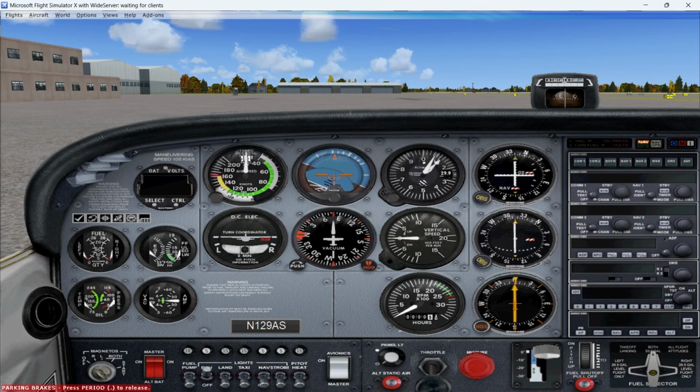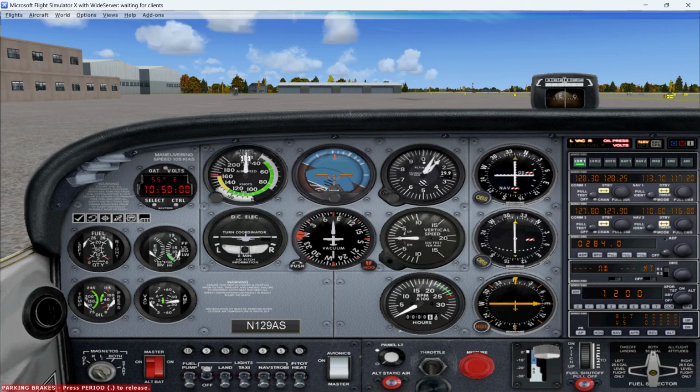The first thing we're going to do before we get started is turn on the battery master switch and the avionics master and provide power to the aircraft. Now that we have power to the aircraft, let's go ahead and get started with the upper leftmost gauge on the flight panel,